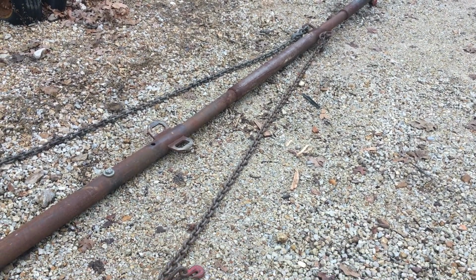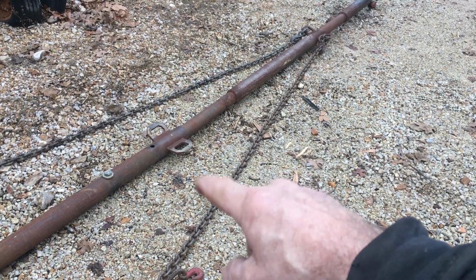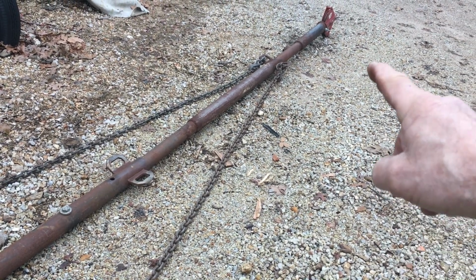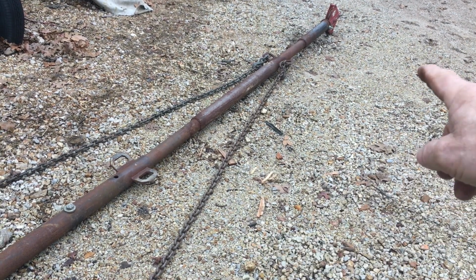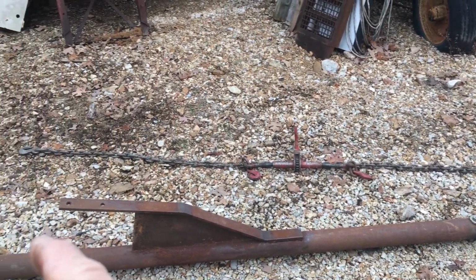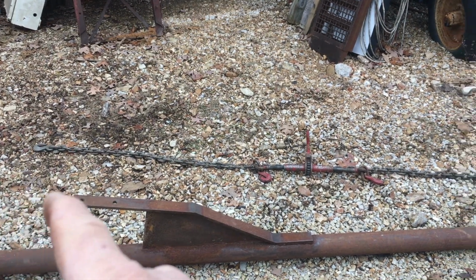Now if you see those funny looking eyelets right there, those are 3/8 plate that I torched out to have multiple attachment points if I wanted, but I end up using just the 2 that I have up top that I've got the 2 log chains attached to. But I go ahead and lace it through there, hook it on itself, and bring the other ends of them down and attach the other end of the log chain right onto the hooks that I've got welded on 2 sides of the bucket, and then